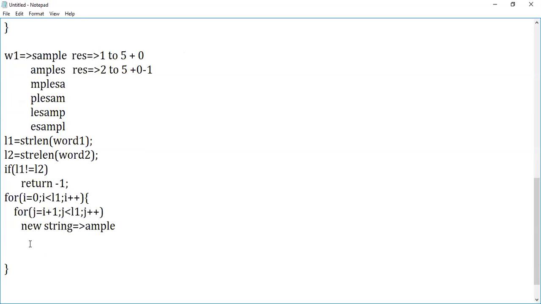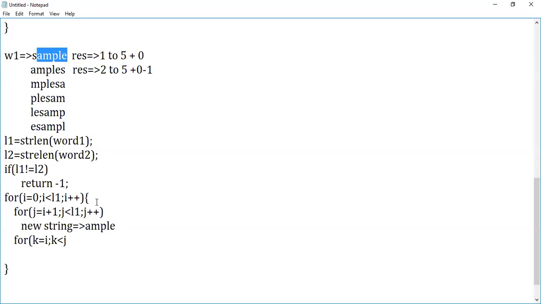Coming out of it, I can have one more loop, like k assigned I, and the k loop can execute until it reaches the end. What it means is the remaining characters. If you're taking this AMPLE from the ith position, the remaining characters have to be taken, right?